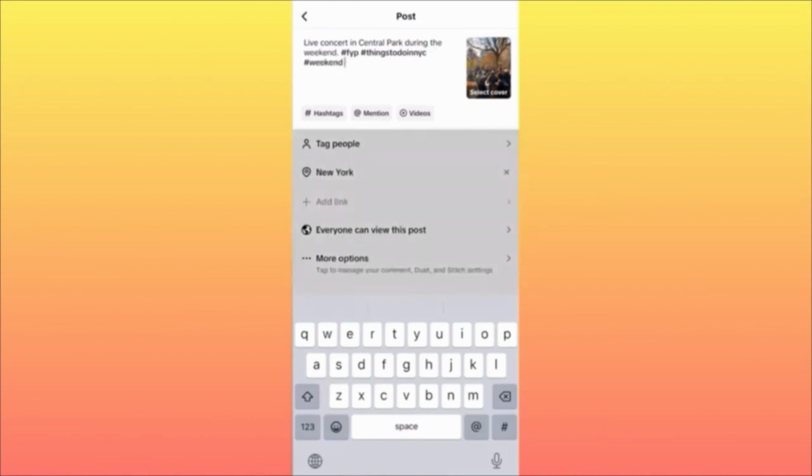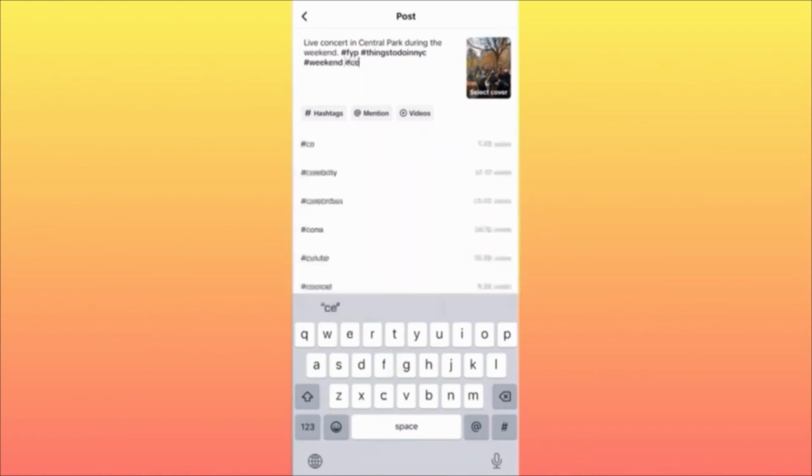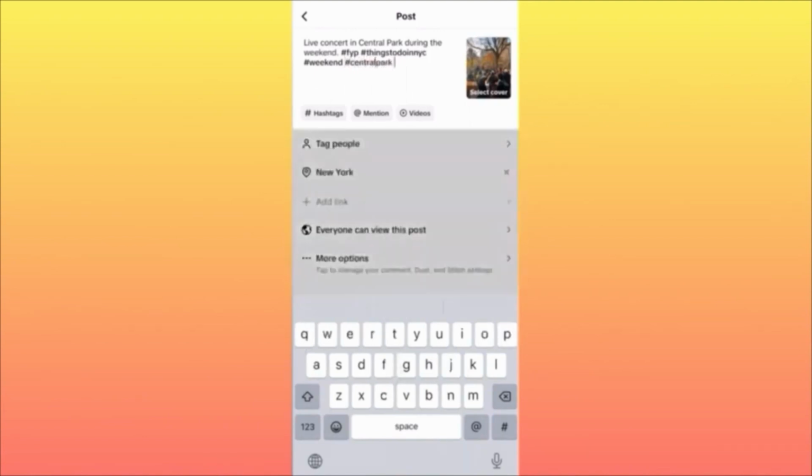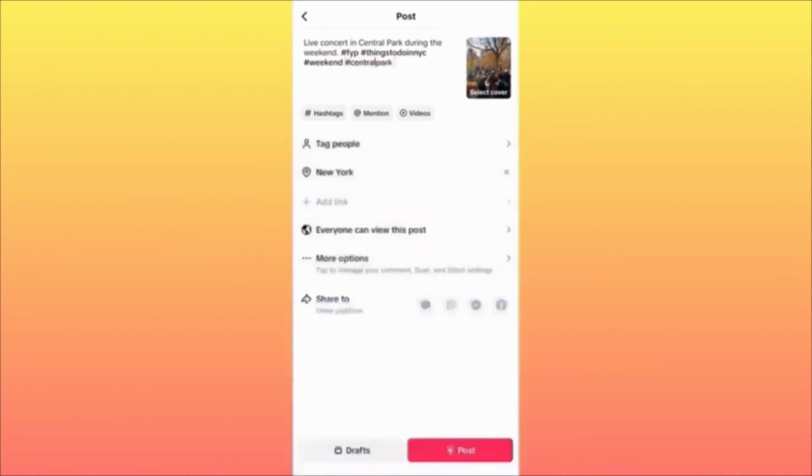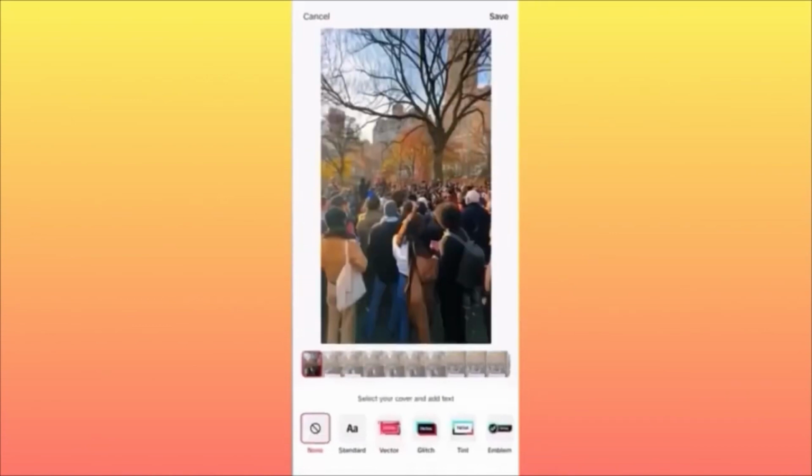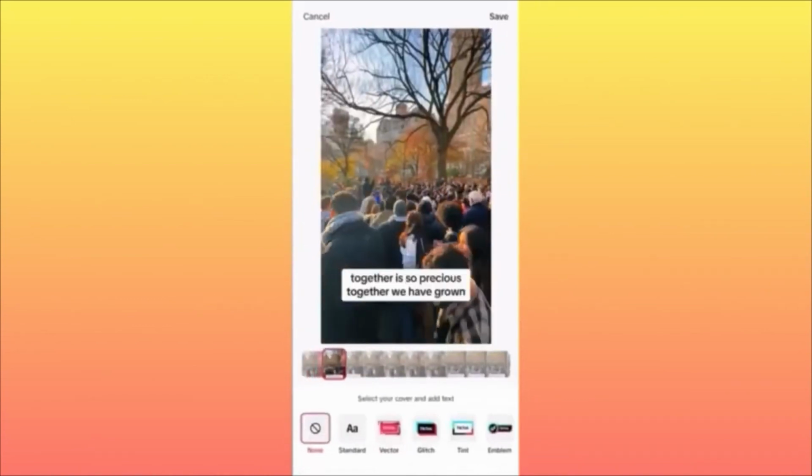Basically, that's it. Last but not least, you want to make sure that the cover of your video is arranged and attractive and collects a lot of attention. So now all we have to do is click on select cover, which you see on the top right corner. Usually you want to pick something that has a zoom in